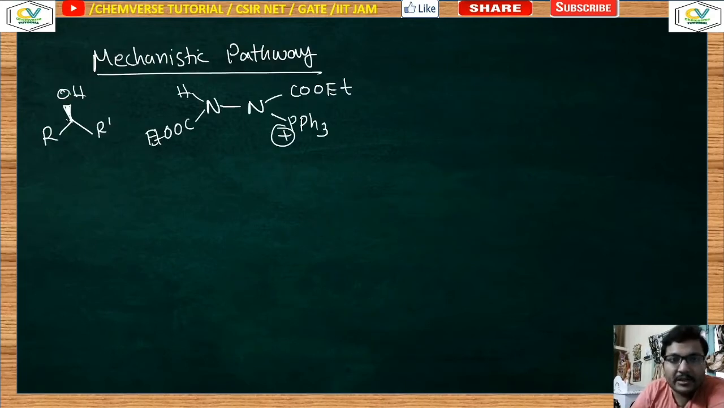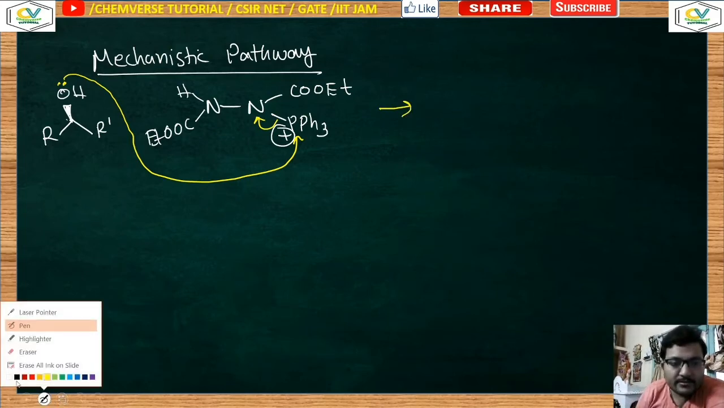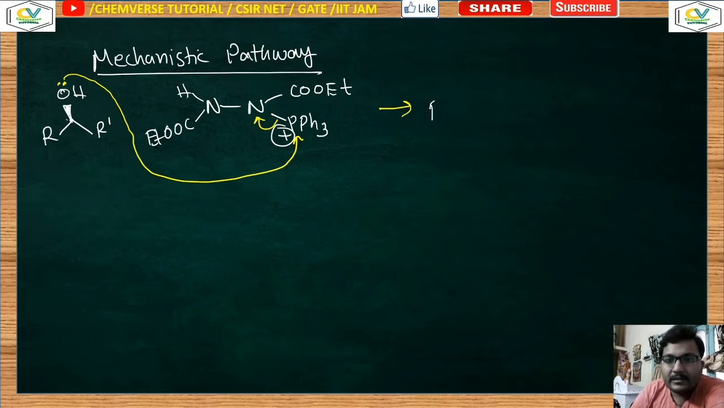Okay. Now what will happen? This substrate molecule, the oxygen OH, will attack here. The lone pair of the oxygen will attack at the phosphorus, and this bond will be cleaved to produce this N negative. As a result of that, what you are getting? You are getting this kind of system, that R